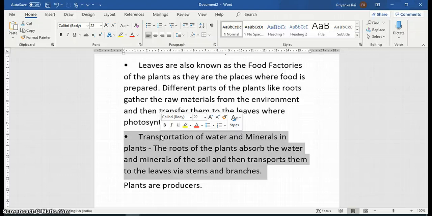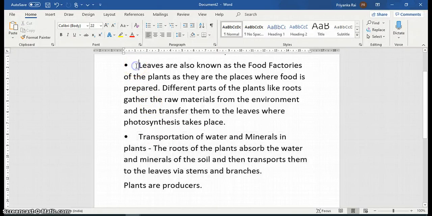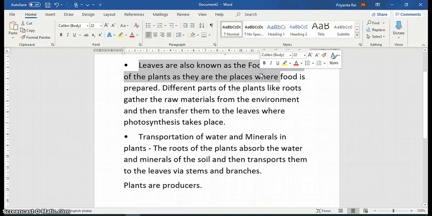Now if you want to select any amount of text, you will put the cursor here, then while holding the left mouse button you just have to select the text. I want till here. I will leave my mouse here. So this much text is selected.